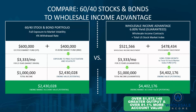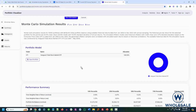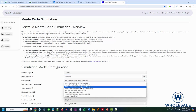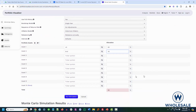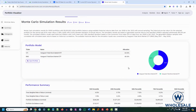We're going to go back over to that Monte Carlo simulation and look at this advice. On this slide, it's got about a $2,430,000 ending account value. And remember, Monte Carlo simulations change with every illustration. But we'll just replicate it here so you can see. We're going to say $1 million, and we're going to withdraw a fixed amount of $3,300 a month for 25 years, in 60% stocks and 40% bonds. And incidentally, I've got quite a few videos that do this at length. I'm not going to belabor this point in this video, because if you're interested in this comparison, I'd be happy